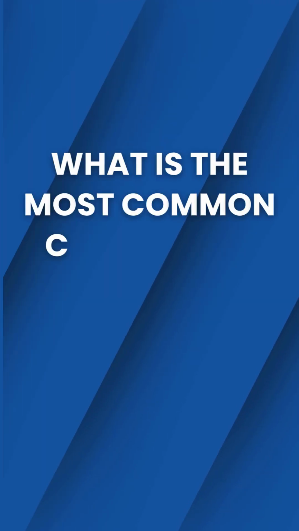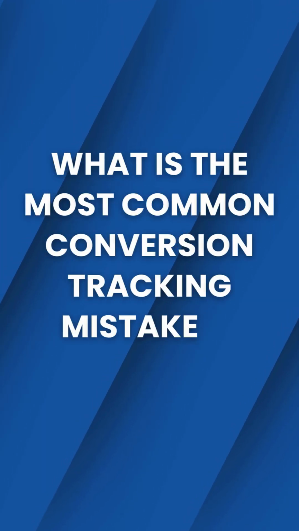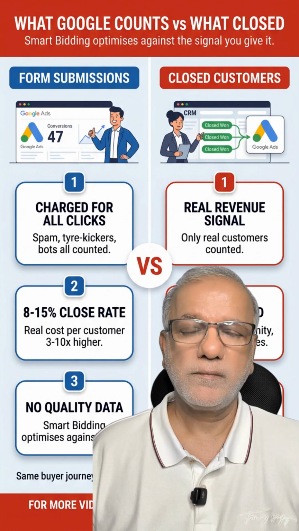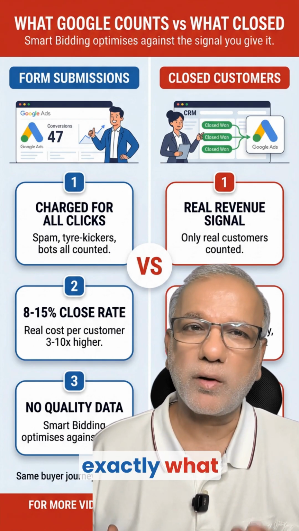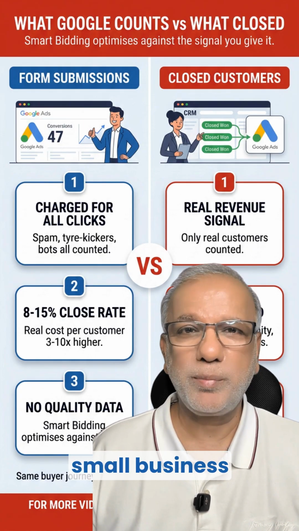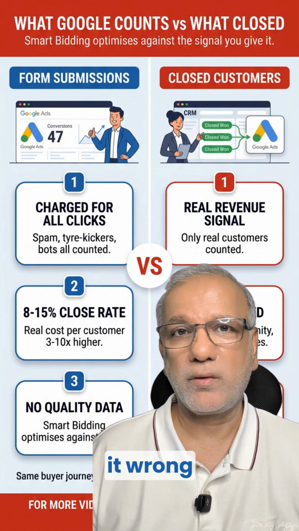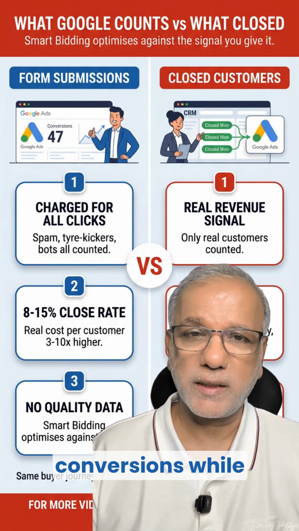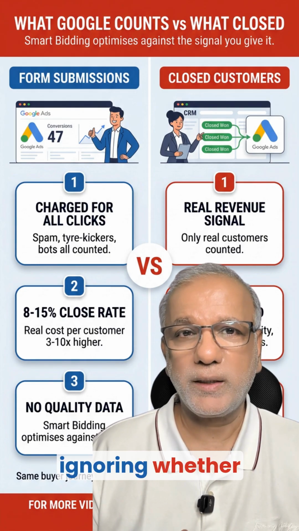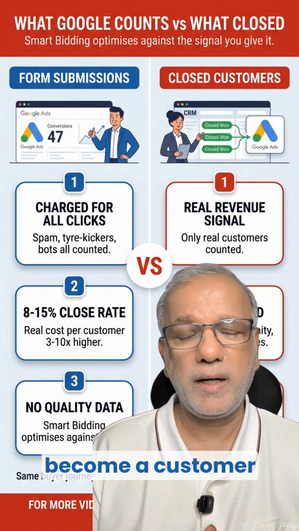What is the most common conversion tracking mistake in Google Ads? You keep hearing about conversion tracking. Let me tell you exactly what 8 out of 10 small business accounts are getting wrong. The mistake is treating form submissions and phone calls as conversions while ignoring whether those leads actually become a customer